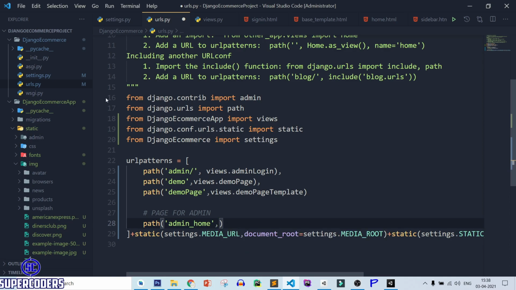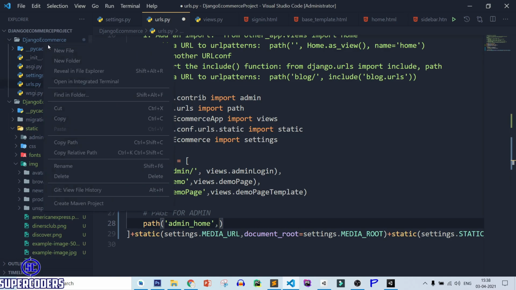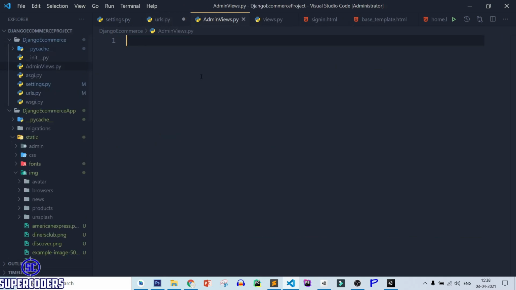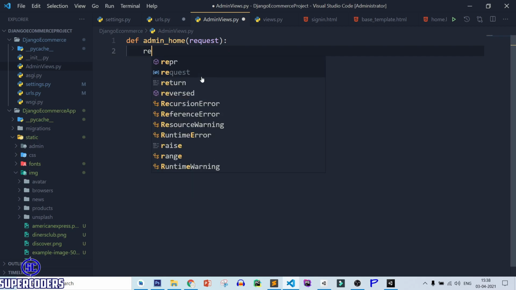let's create another view. So right click new file, and here create new file, which is admin views.py, and here define admin_home request, then import render.